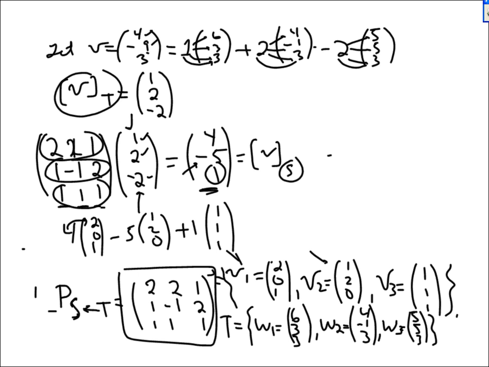So you have 8, 4 times 2 is 8, minus 5 is 3, plus 1 more is 4, just like we wanted. Then we have 4 times 0 is 0, minus 10 plus 1 is negative 9. And then we have